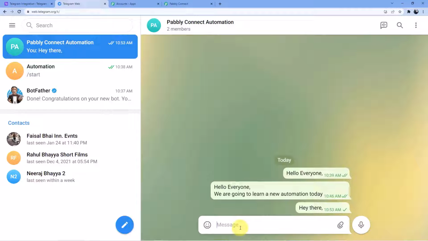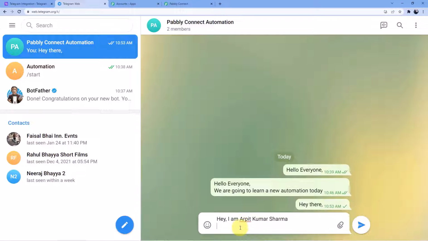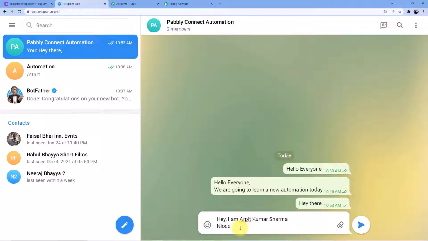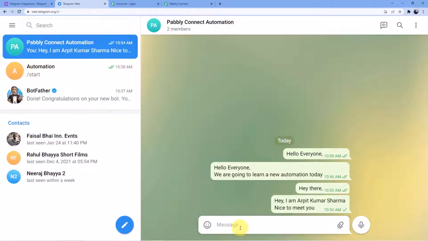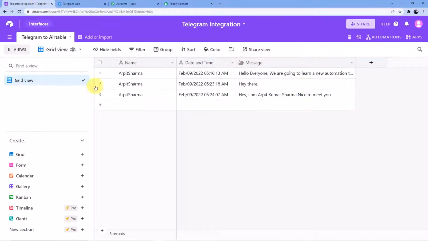Whenever you are sending a message here, "Hey, I am Arpit Kumar Sharma. Nice to meet you." Enter. And here you can see the response here is, Arpit Sharma. "Hey, I'm Arpit Kumar Sharma. Nice to meet you." So this is how whenever someone will send a message to the Telegram group, it will